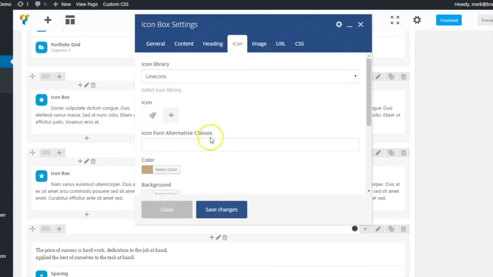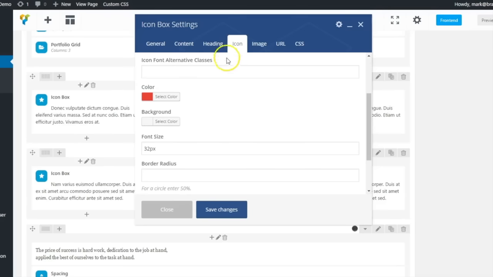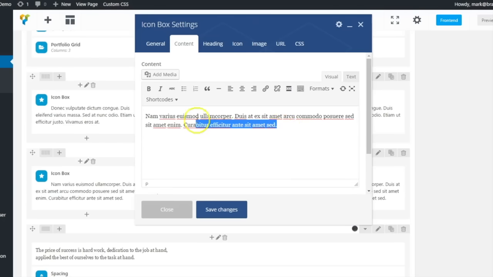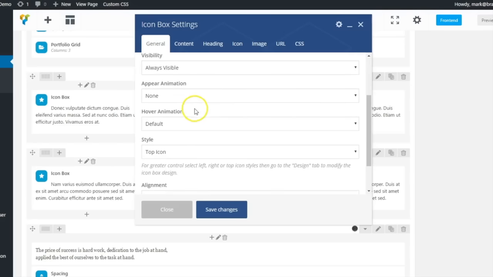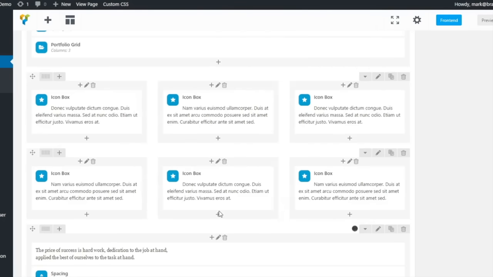Go to Icon, Color, Red, and you'll also notice other settings here. If I wanted to change the heading, which is the text underneath the icon, I can do that here. If I want to change the paragraph of text underneath that, I can do that here. I can change some other settings here. So everything you want to control on your page in terms of content can be done through the Visual Composer on the page. So I'll click Save, and then let's click Preview, and this will let us see our changes